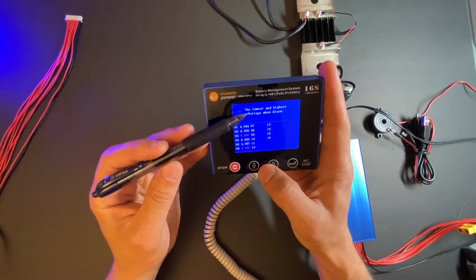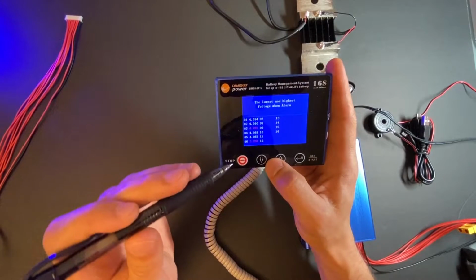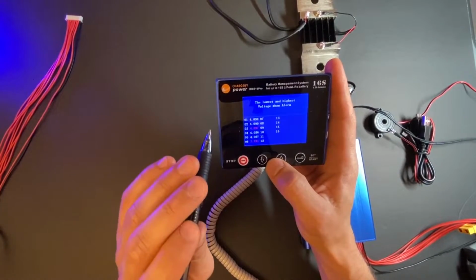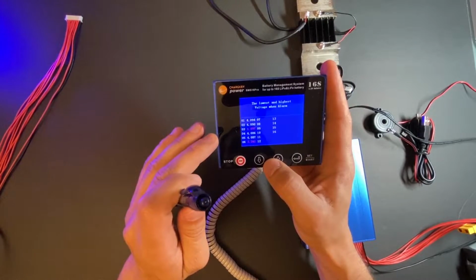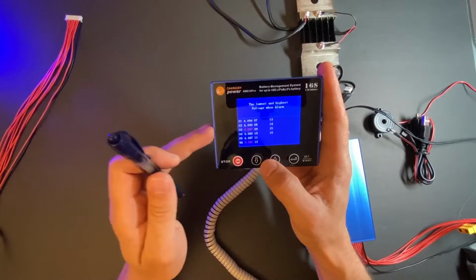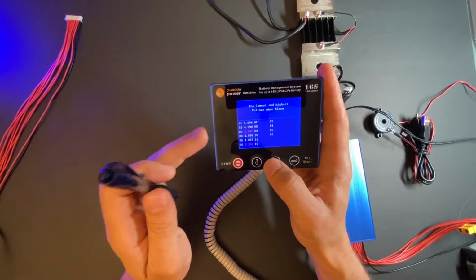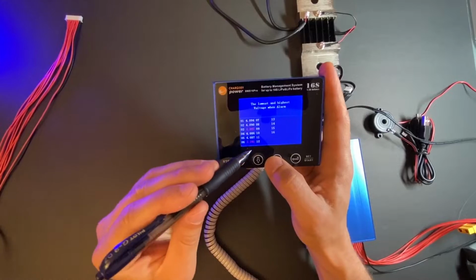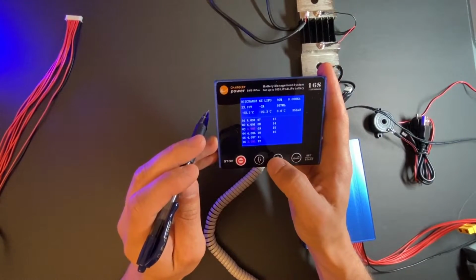The next one is the lowest and highest voltage at alarm. So when the BMS triggers an alarm by any value, high voltage cell, low voltage cell, over discharge amps or charge amps, then it's going to record these values here. So you will have this history. So on the next screen,